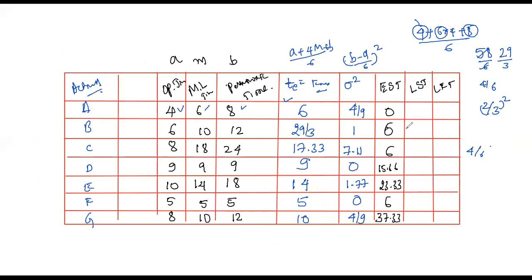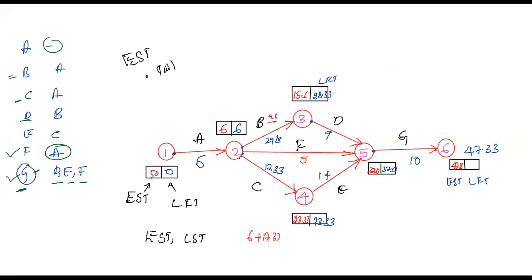Okay, so this is what we required, the EST we got. And you know that it's easy to identify. How do you calculate the EST? The EST is calculated at the tail. Then how should we calculate the LFT? The LFT should be at the head. So you need to represent the LFT; you don't calculate it, okay?